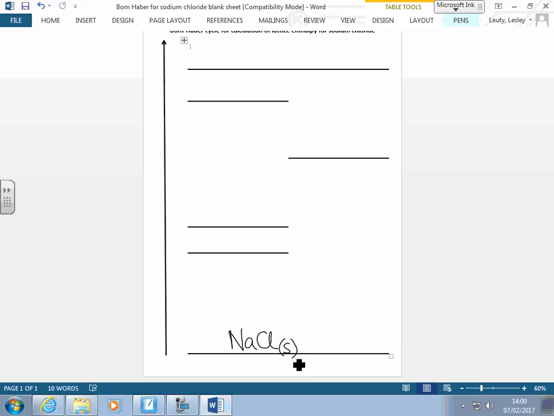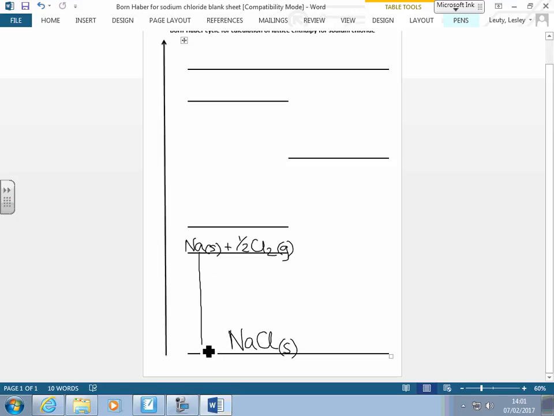Now, one piece of information that we can get, what can we look up in the book? The enthalpy change of formation. And so our next step would be that, because this is a value that we know. And we form the sodium chloride, and this is the standard state bit, from a mole of sodium chloride would come from a mole of solid sodium, and half a mole of Cl2. And that would be as a gas, because that's the standard state. And so we know that value, and the value is